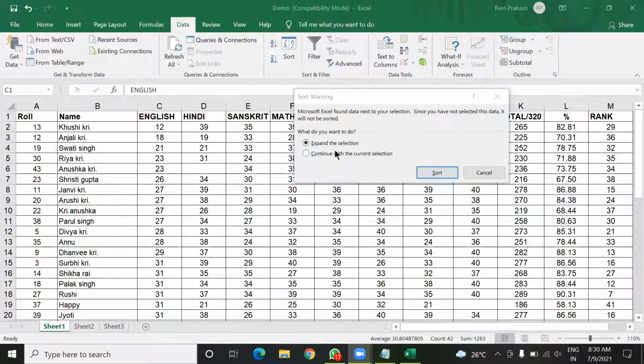So all of you know the difference between these two options, expand the selection and continue with the current selection? Sir, explain one more time. Sir, on my side there is a very weak network, that's why I'm not able to hear your voice.